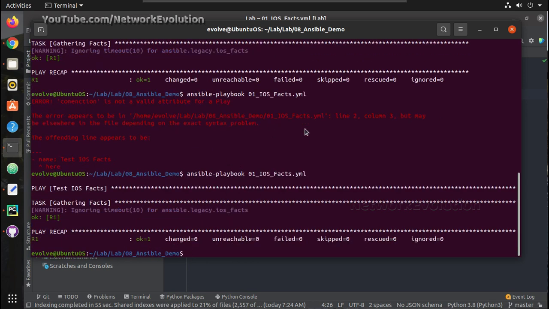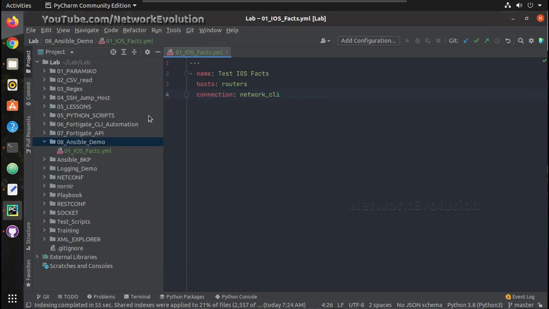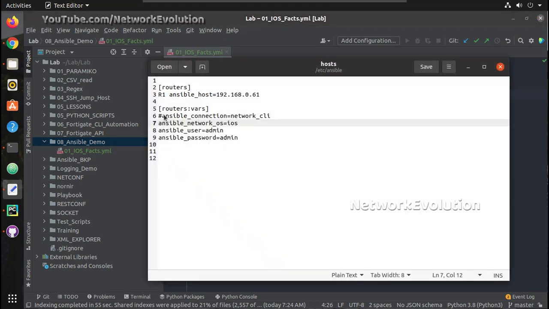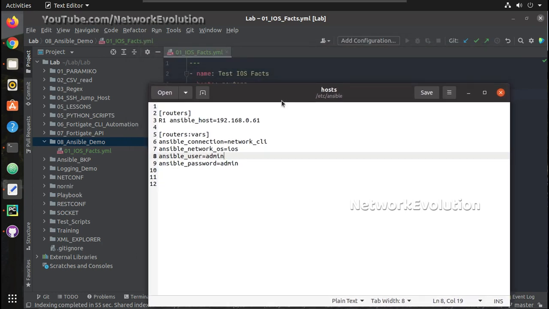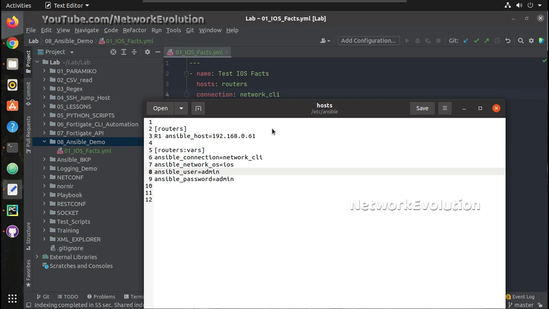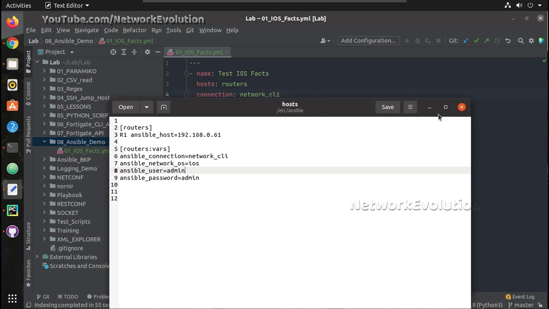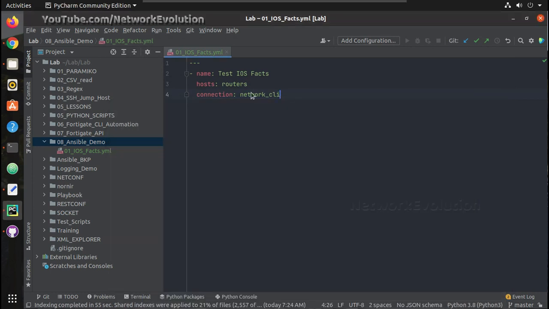So now playbook is running, and similar to that, you can even move all the username, password, everything to the playbook from inventory, but it is better to keep it within the inventory. In the later videos, we'll see how to use SSH key for authenticating with Cisco devices, and we'll see how to use Ansible Vault as well in the playbook. But for now, I'll remove network connection from playbook.